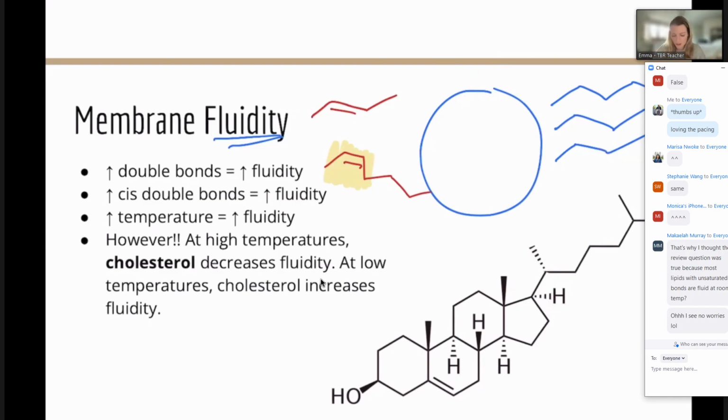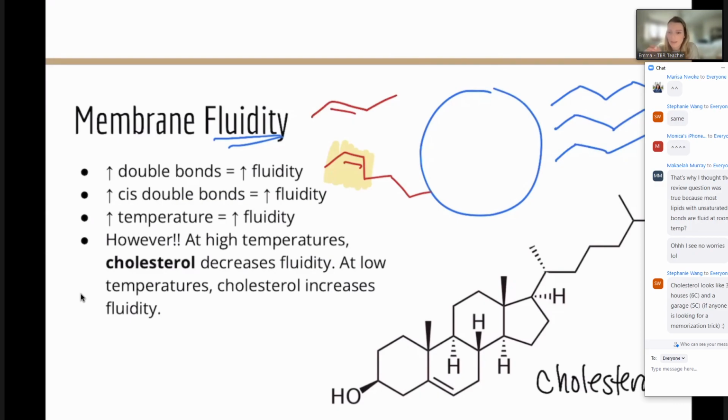Now we know that cholesterol is a steroid, but it's actually made from lipid molecules. You might have gone over this in the biomolecule stuff. We've got a little bit on cholesterol today, but this is a cholesterol right here. Ooh, that's my highlighter. This is a molecule of cholesterol. You should be pretty confident recognizing that. Typically it's 4 rings, 3 six-membered rings and 1 five-membered ring. Yep, excellent. It looks like 3 houses, the 6th carbon, and a garage.